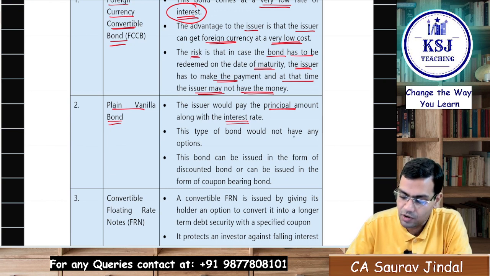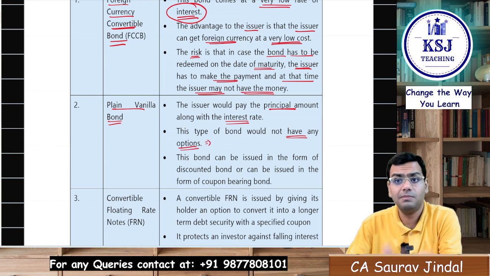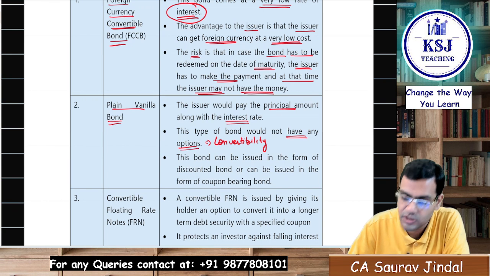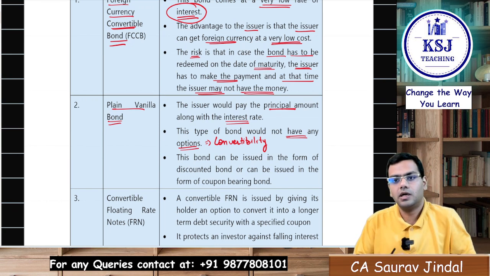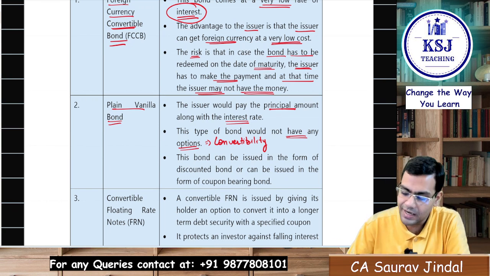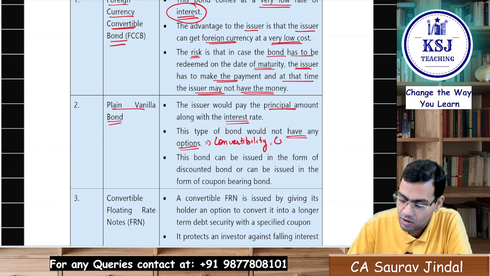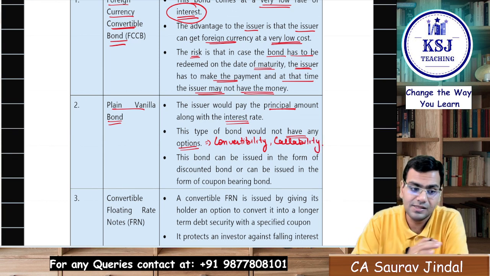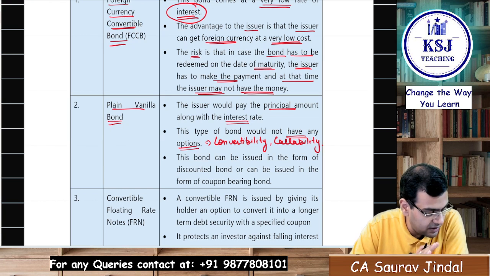This type of bond would not have any option. Any option means what can be the options with the bond? Any option means the convertibility will not be there. Right, convertibility will not be there. You cannot convert a bond into a share. You cannot convert a short-term bond into a long-term bond. Callability or the putability will not be there. Right, callability will not be there. So this is kind of a bond, plain vanilla bond. This is kind of a bond which will have no